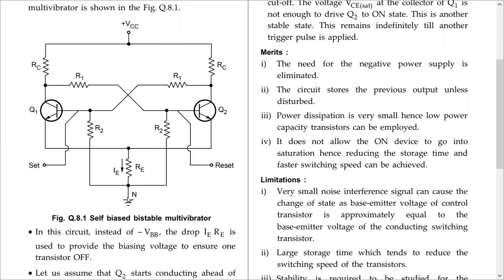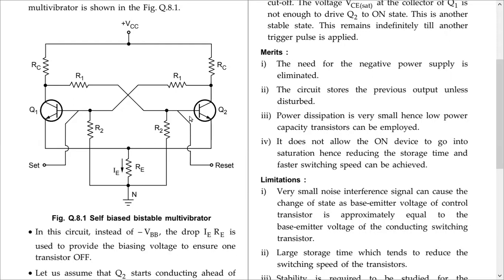Anyway, it is very simple. If Q1 is on, obviously Q2 will be off, so the current will flow like this. The case we are discussing now is Q1 off, Q2 on, so the current will flow like this. Either Q1 is on or it is off, so either the current flows like this or like this. Definitely for both states there will be a current flow, so for both states a voltage will be generated here. So no problem, the required voltage is generated for both cases.